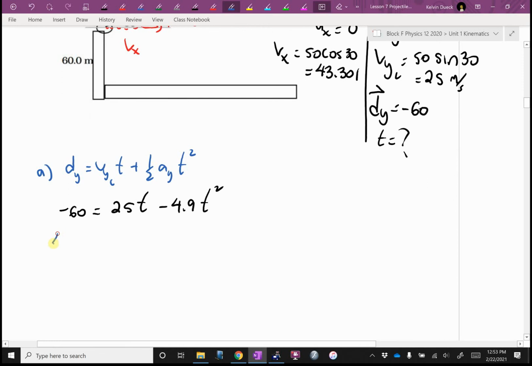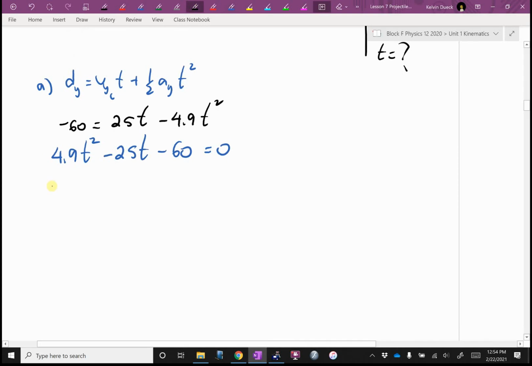So I'm going to go positive 4.9 t squared minus 25t, and the negative 60 stays on the left, so it just drops down like a domino. You could move the 60 over as well. I just tend to make the squared term, the quadratic term, positive. Now, those of you that have solvers, race ahead and solve for t. Those of us that do not,